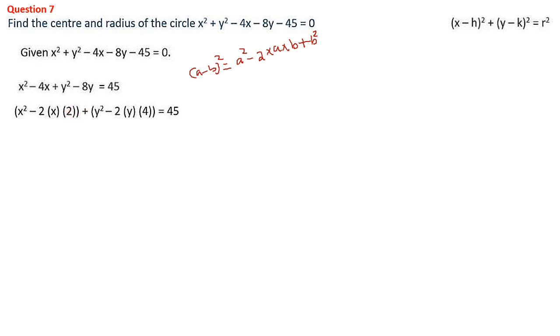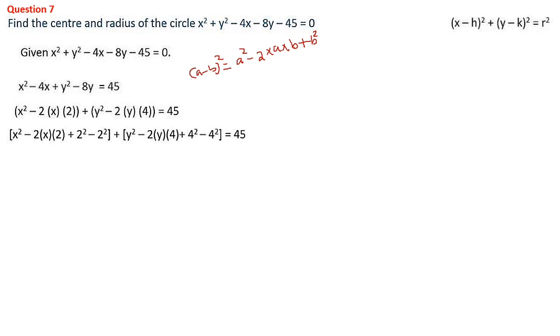Plus here y square minus 8y. We have to split it in this format again: y square minus 2ab, where 8 is there. From there we take 2 out; 8 by 2 is 4 as the balance. Then y also is there, so 2 into y into 4, that means 2 into 4 is 8, 8 into y is 8y. So the 2ab format we have written. That means the next term should be 4 square, which means b is 4. So here b is 2, here b is 4, but the b square terms are not there in our hand. We are going to put them in ourselves.